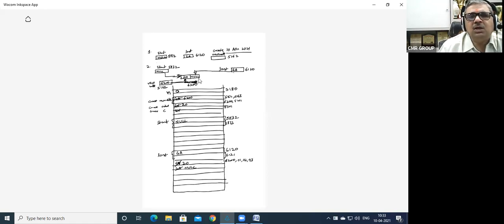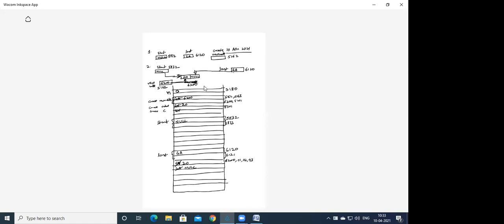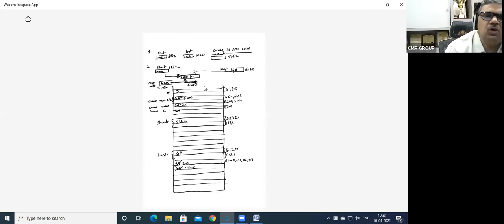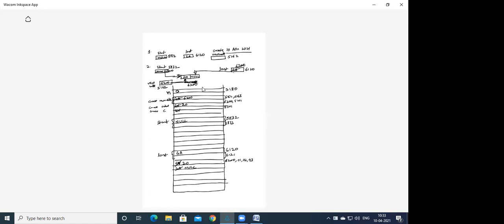Everyone understood? Right? Yes. So that is how. Now this null will change to what value? 6200. And this garbage address changes to 6200. Is this clear now, everyone? Yes or no? Understood or not? Now this is the first time you have done, right?